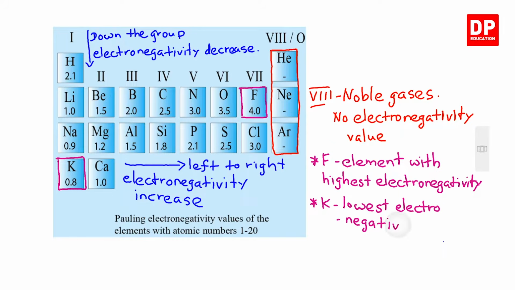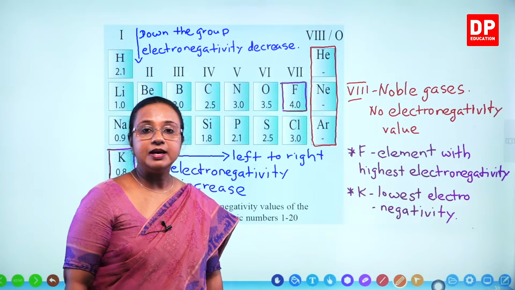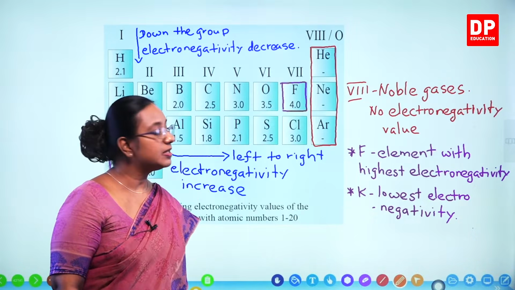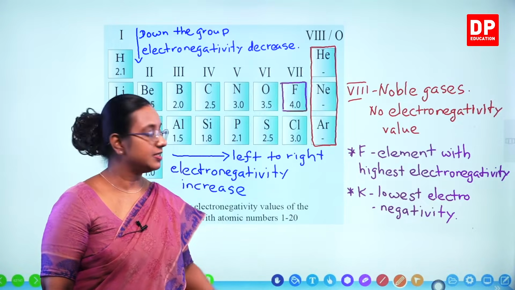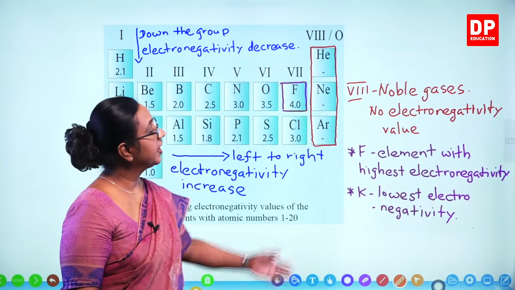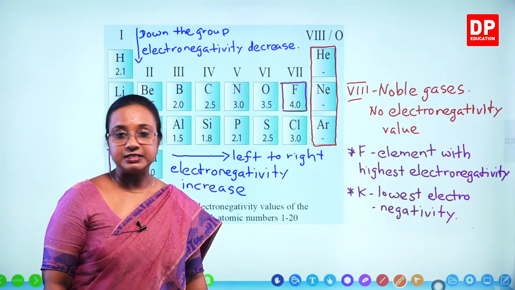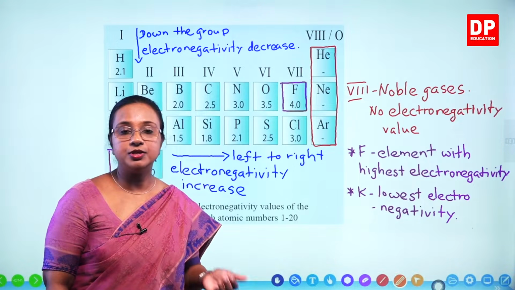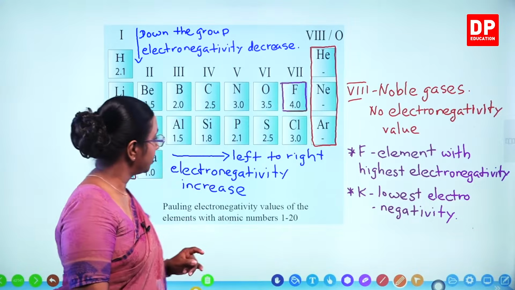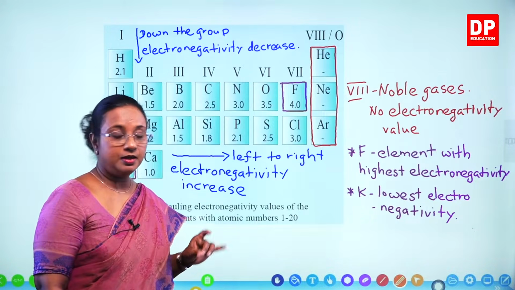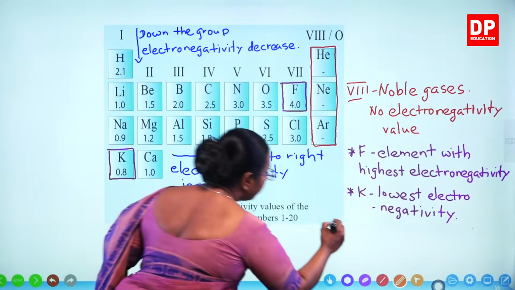You have to remember the two elements. The one with the highest electronegativity is fluorine, and the element with the lowest electronegativity is potassium. And noble gases do not have electronegativity values assigned to them. And also, if we look at all the values in order, you can see after fluorine,